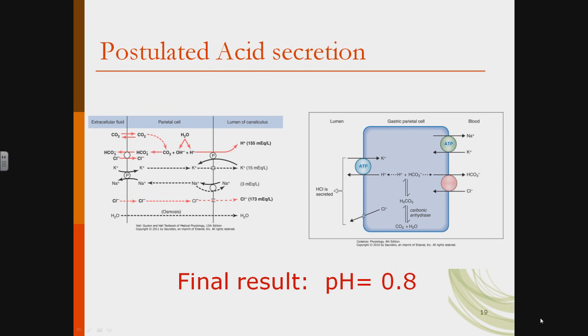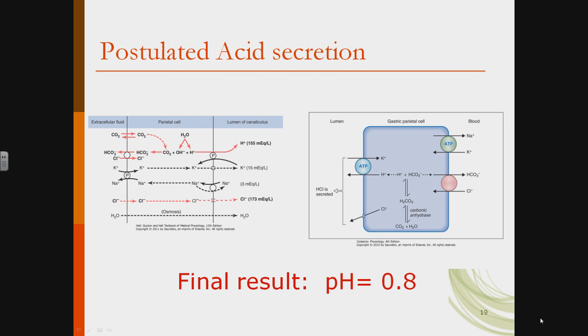When you have carbon dioxide and water, your standard byproducts of metabolism, and carbonic anhydrase, the carbonic anhydrase will unite these two into carbonic acid, or H2CO3. This will dissociate, and we know what that means, into hydrogen and bicarbonate. Now the hydrogen is pumped out of the parietal cell into the lumen of the stomach. That's your acid part. Meanwhile, potassium in the lumen of the stomach, probably from the food you ate, is pumped into the parietal cell through a hydrogen potassium ATPase.